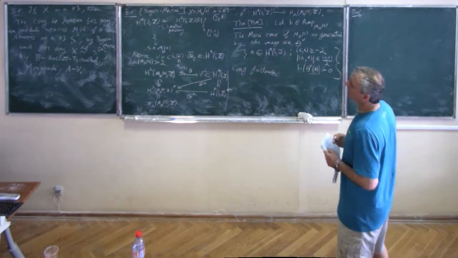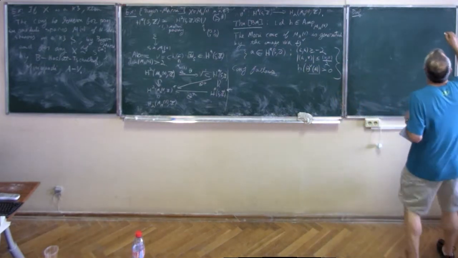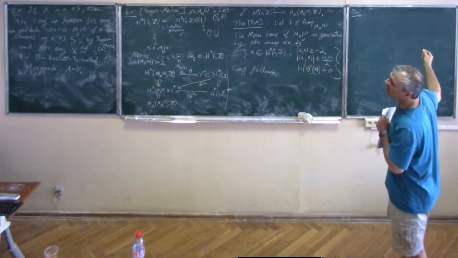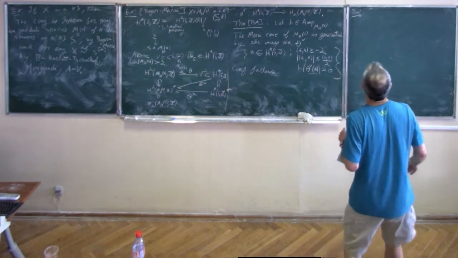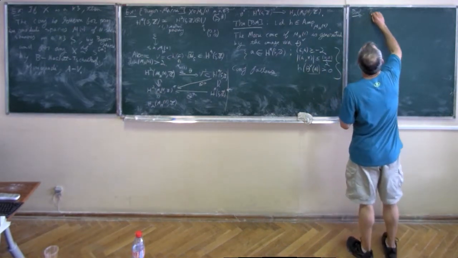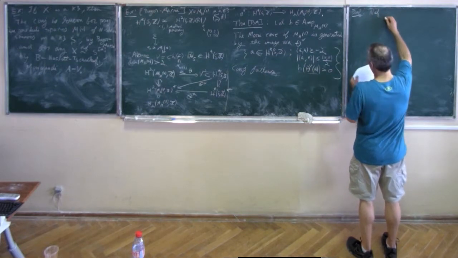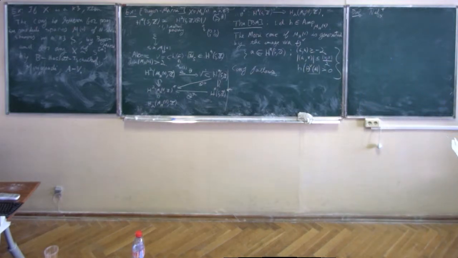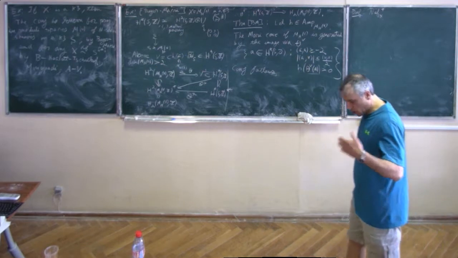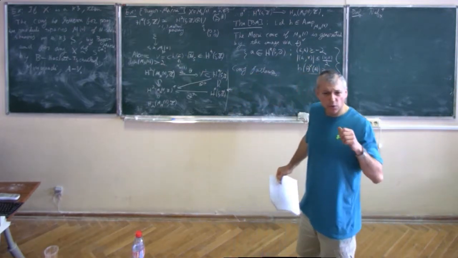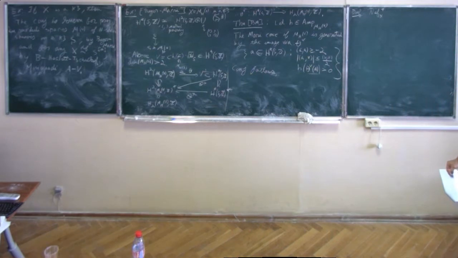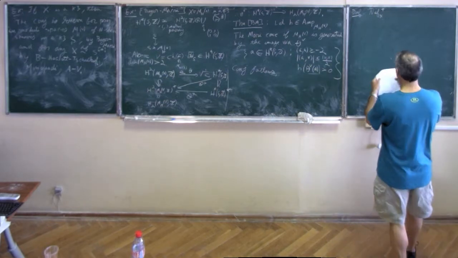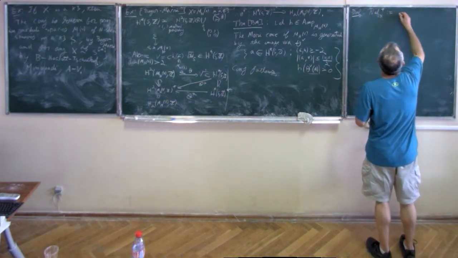So let's see. How many cones do we have? Up to now we have the ample, the nef, everybody knows them, and we have the positive cone, and that's it. So here's another one. Let Nef X plus. So what is it? This is not closed and not open. We are going to add to the ample cone just rational rays of the boundary. So this is the convex hull